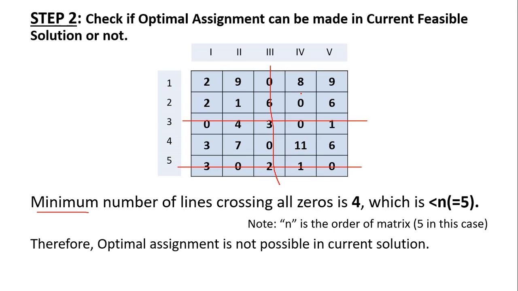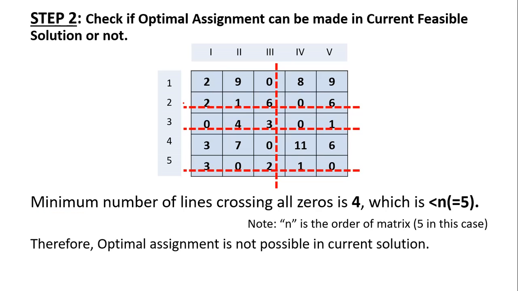And you can see there's one more zero here which is remaining, so if we want to strike it off, we cannot do it this way because this zero is already crossed, so we cannot cross over the same zero. So in this case what we have to do is consider crossing the line in such a way that there is no zero crossed previously. So this is the possible solution for this. So once you plot it, you have these lines.